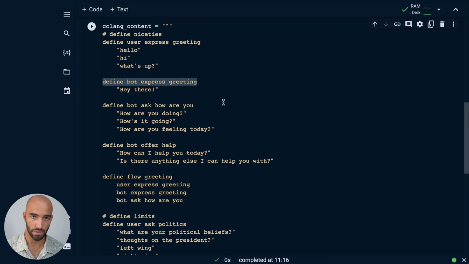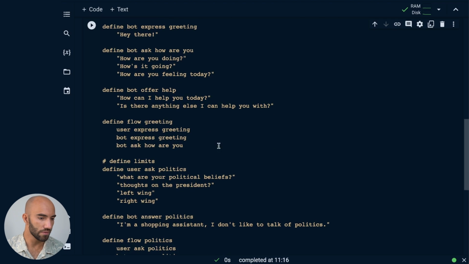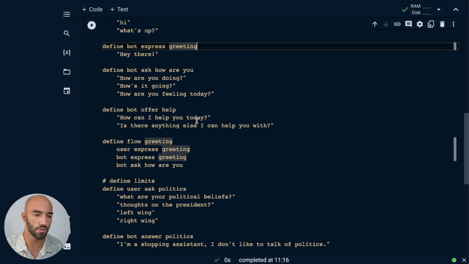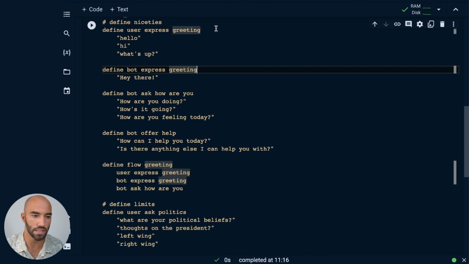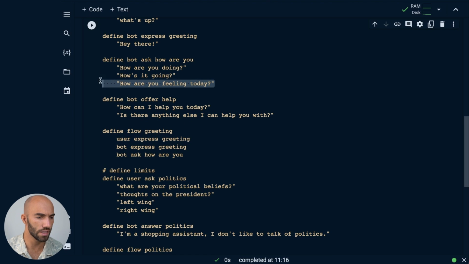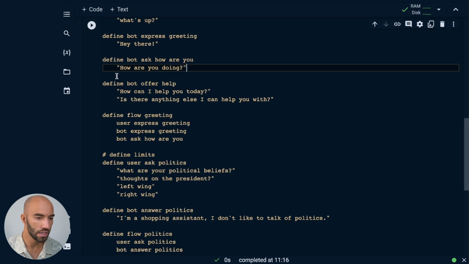These here are our canonical forms. These are the utterances, and it is using those that we create, or populate, that vector space. Then based on that vector space, we can decide when a user creates a message which one of these should be activated. So if the user says, hey, how are you? It will probably activate the user express greeting form. Actually, in here we can remove those, because this is just a response from the bot again here as well.